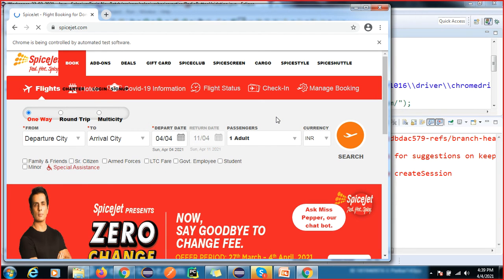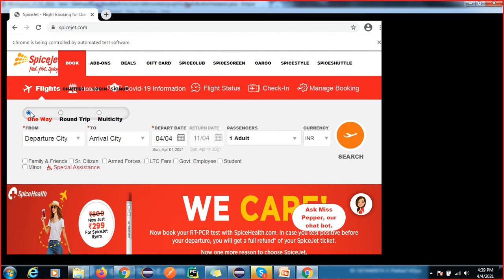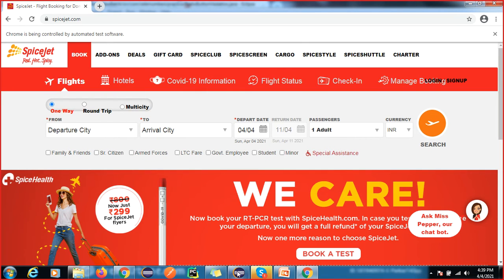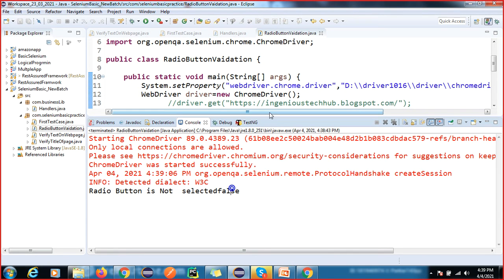It will return false. It is not selected. You can see by default the other one is selected, so that returns true, but this one is not selected. You can see radio button is not selected, false.